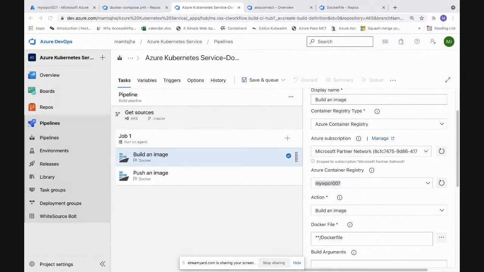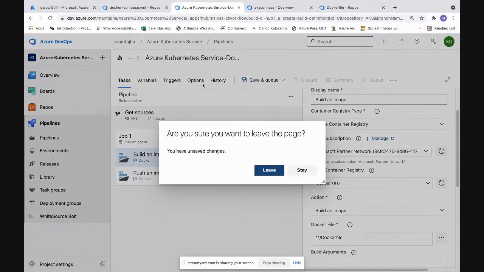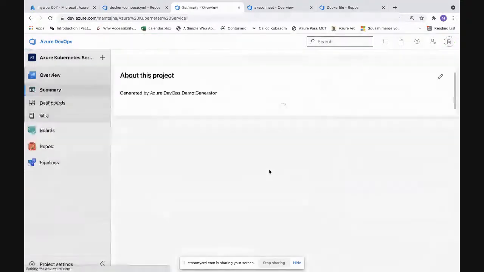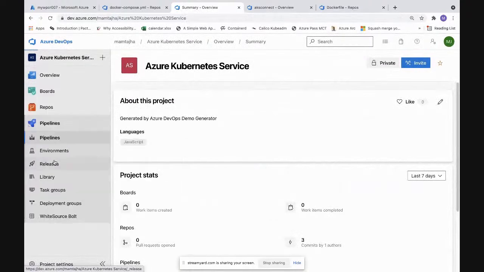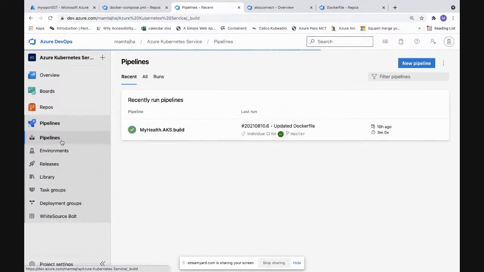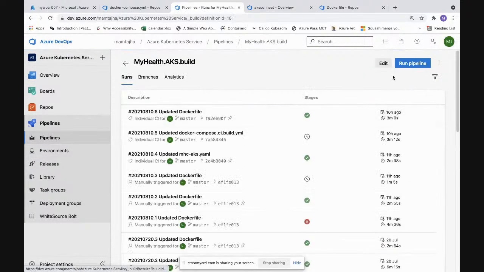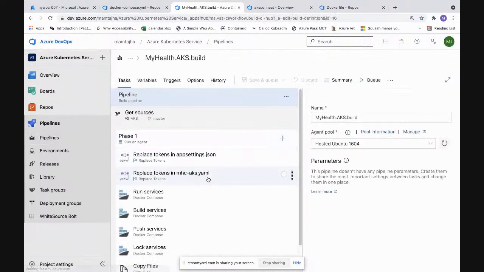You can say what you want to build and how you want to build, right? What action would you like to do? You can pick and choose over here. So here, I would go back to my pre-created pipeline and I'll try and explain that rather than building it from scratch. Let me quickly go and do that because it would take a lot of time otherwise.